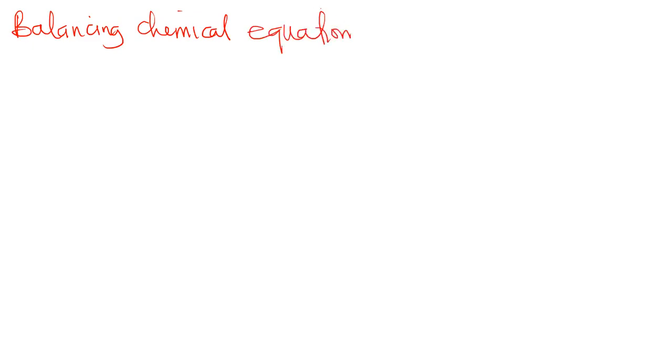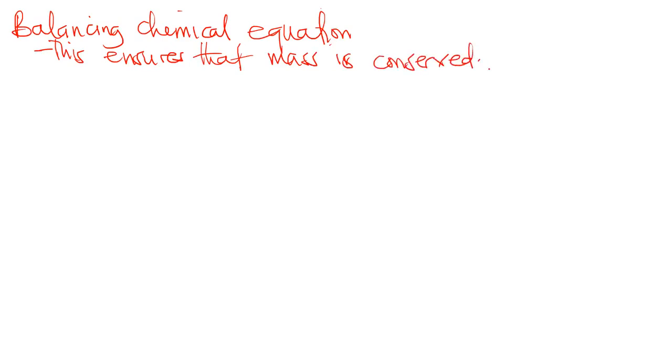So we also talked about conservation of mass. So you do this by being able to balance chemical equations. So really, balancing chemical equations makes sure that you have the same number of atoms as reactants and products. So this ensures that mass is conserved. That's the purpose of balancing chemical reactions, which means